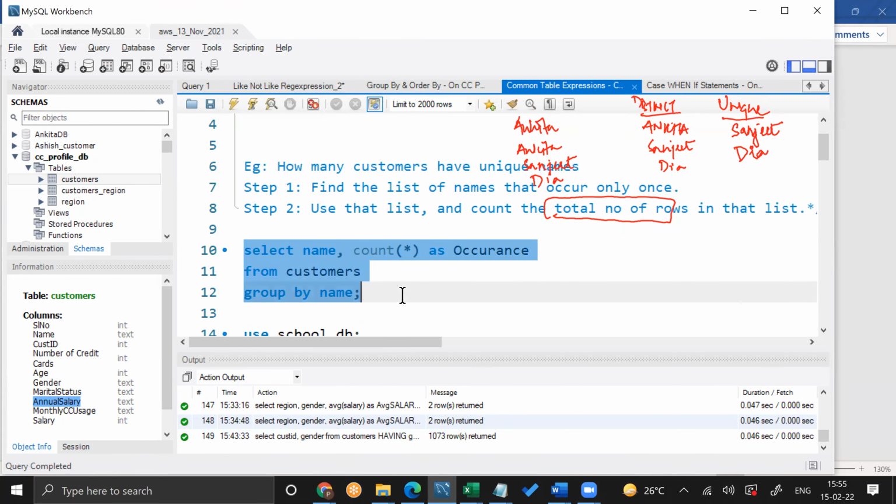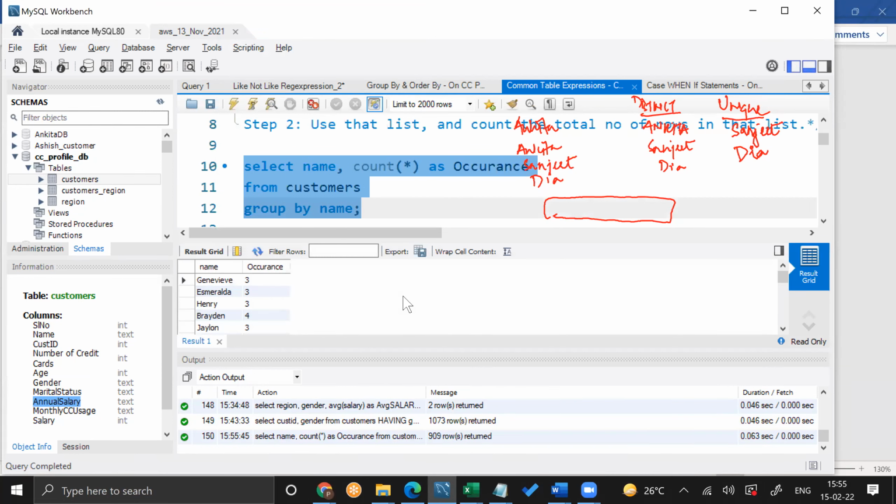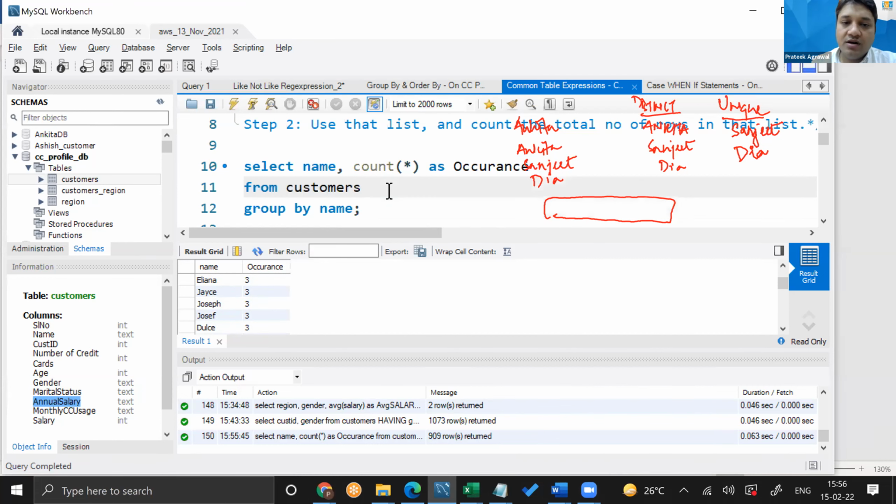So Pratik, if we select group by name and then count equal to 1, what if there are two people with the same name and the surname can be different? Will that filter out that one as well? Yeah. So here you can also write group by name or ID where count name equals to 1.